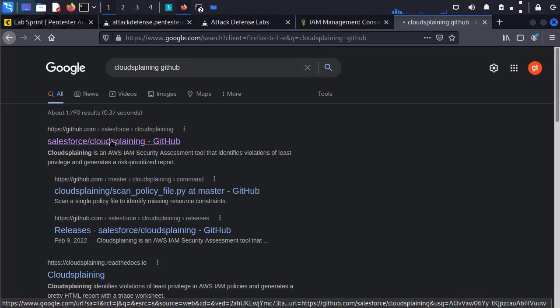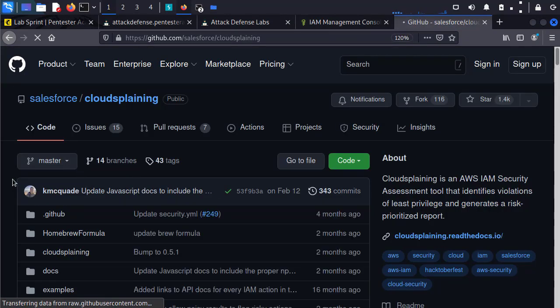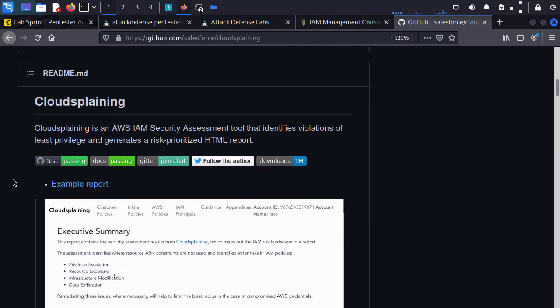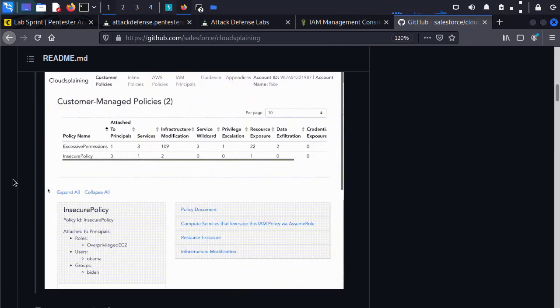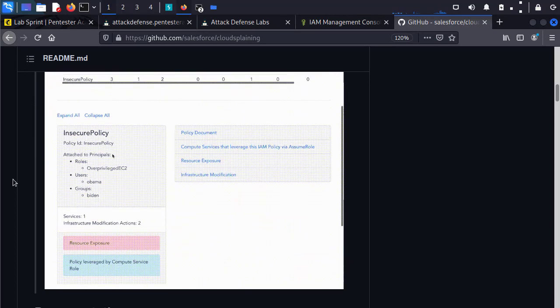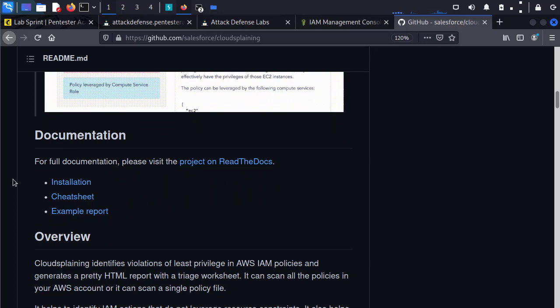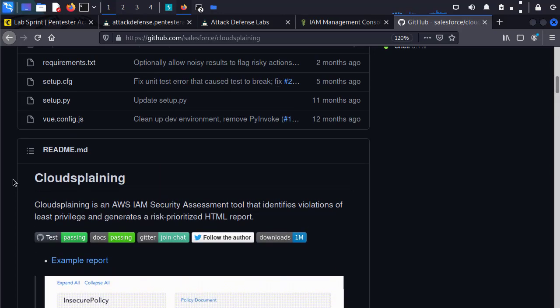And Cloudsplaining, it's actually a tool built by Salesforce that looks at the IAM policies themselves. And it allows us to identify what policies violate the principle of least privilege. So I'm not going to walk through the installation steps, but I'm going to go ahead and show you how